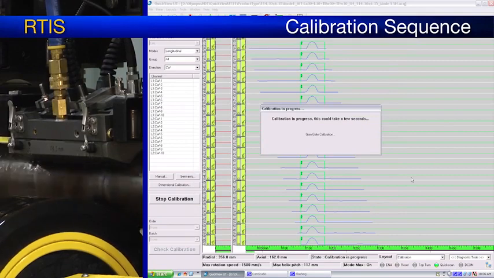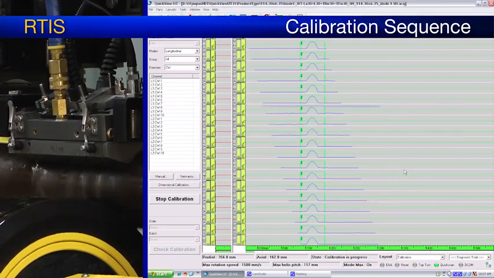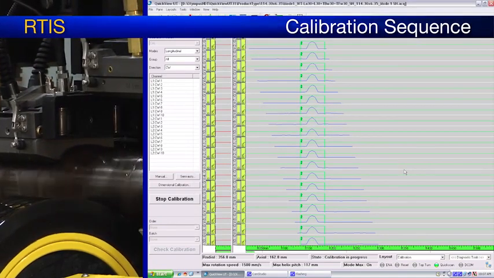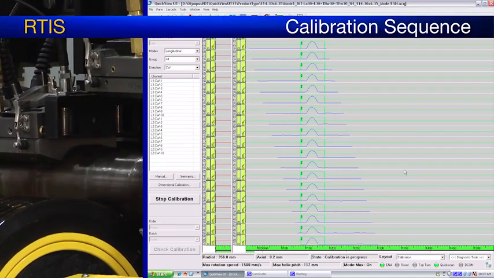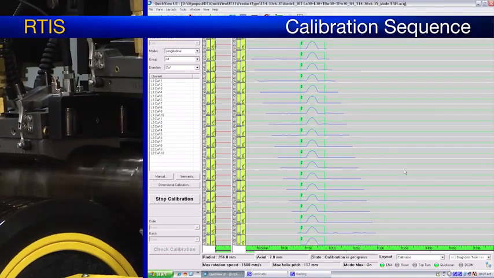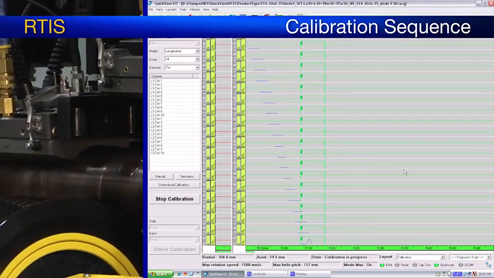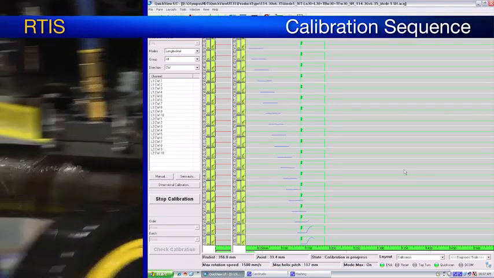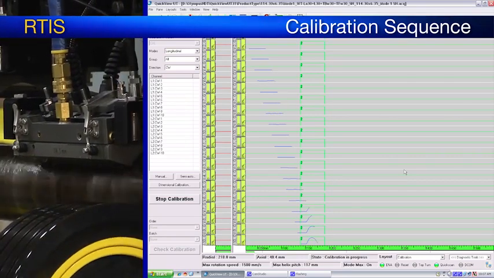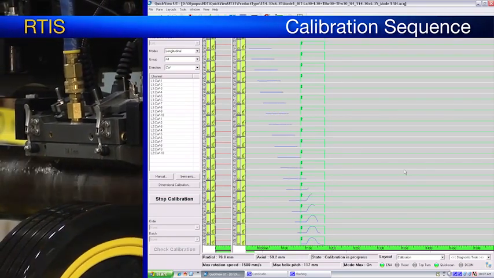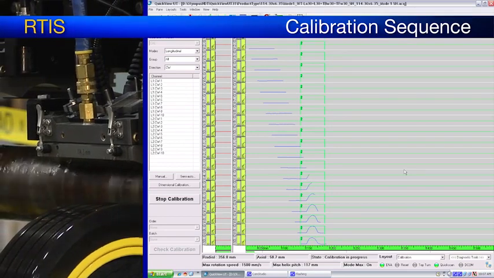The process for the calibration is always the same. The system will do a first pass and record the amplitude response of every aperture as it goes over the defect, and then the operator can select the aperture that needs to be calibrated in order to reach the 80% target.